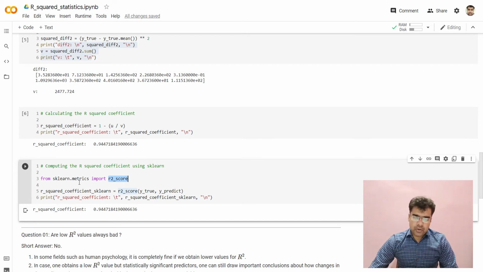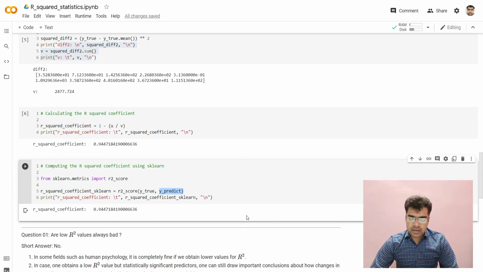Okay, so how do we do this? Under the sklearn.metrics package there is a utility called r2_score. I will simply import it using from sklearn.metrics import the R2 score function. Once I run this cell, I will have this R2 utility imported. And finally I will be calling this utility, and to this function I will be passing two parameters. The first parameter is the ground truth values, and the second parameter is the predictions that my model has made.